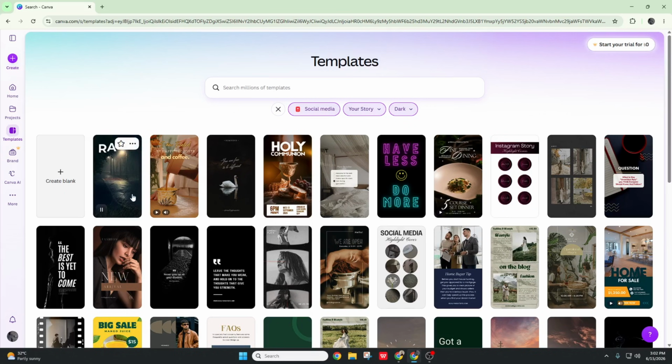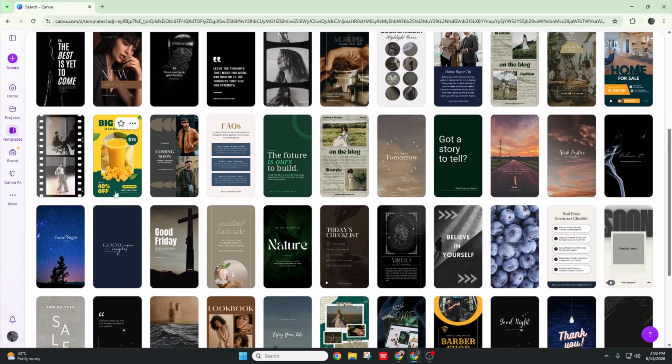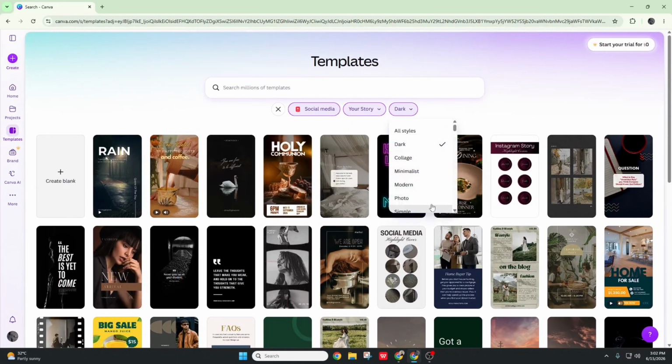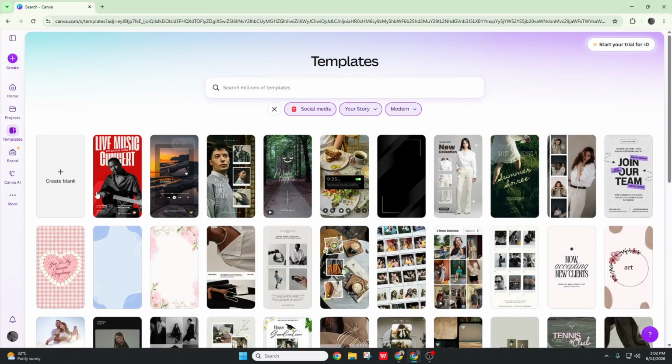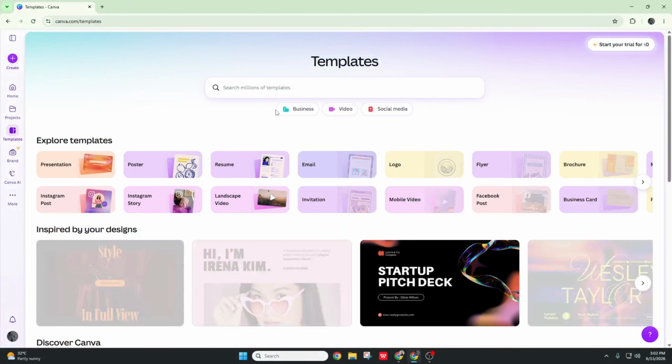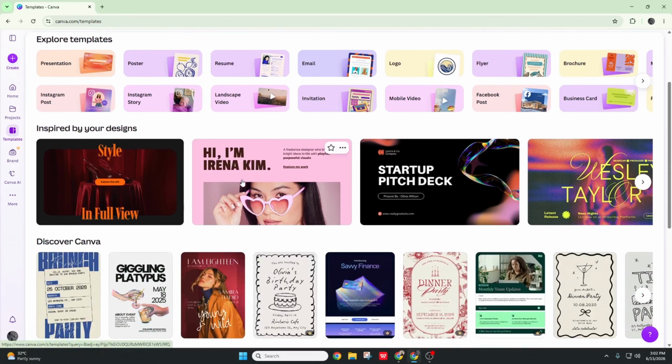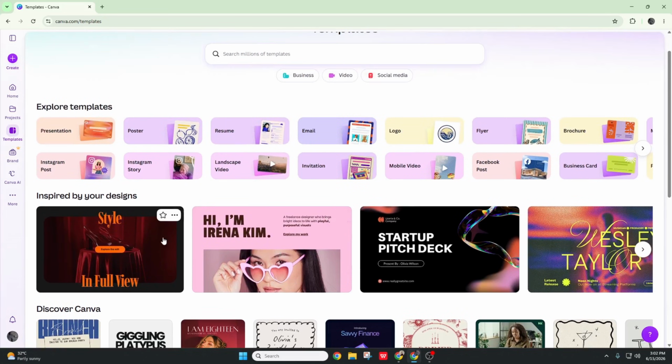As you can see, now they have listed all the darkish designs here. Not all of them are completely dark, but most of them are darkish designs. And then if you select anything else, let's say modern, then they're gonna give you modern Instagram story templates. So you can do a lot with templates as well. And we're gonna go, as I've mentioned before, into detail on how you can use